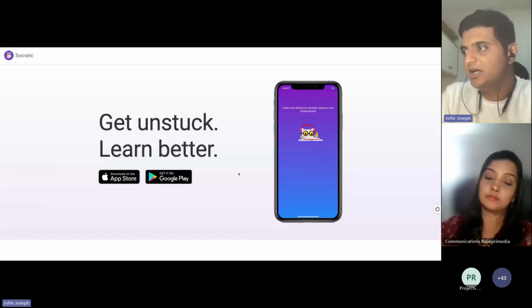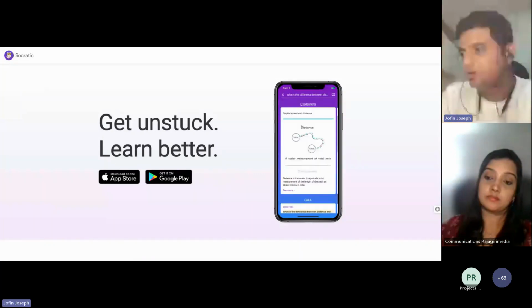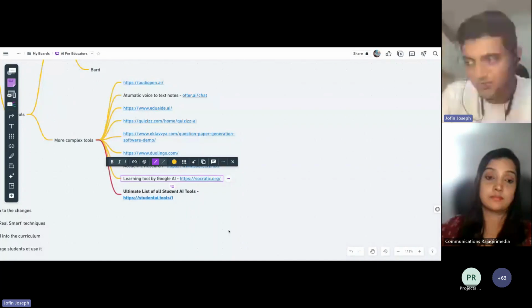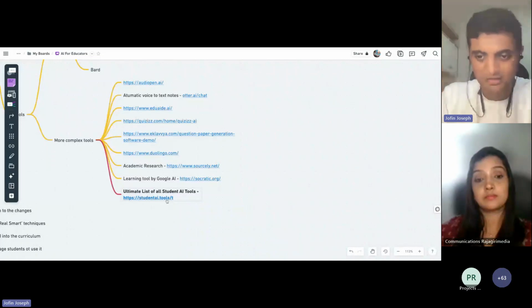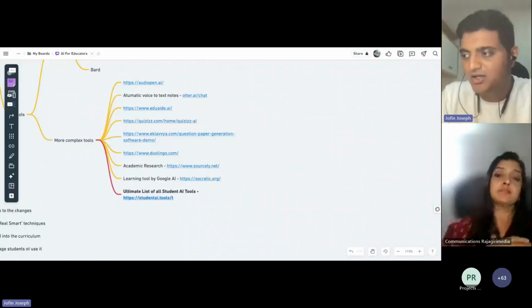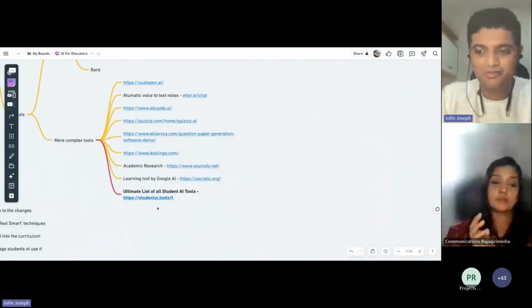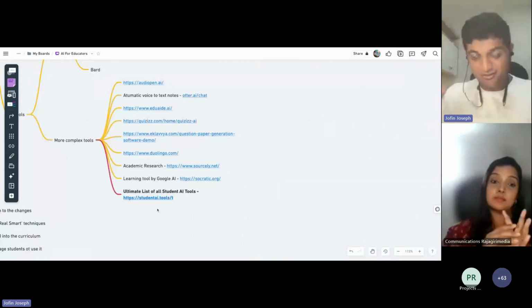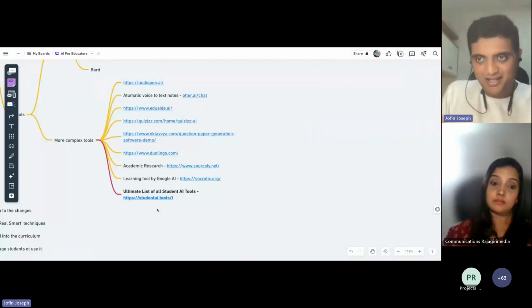And another list here which I found was student AI tools. This is like an amazing list of hundreds of tools like this, right? Which you can use in your regular journey, regular school, or a student can use in their journey as well directly. But I would strongly suggest all of you just visit this particular page and find some tools. You'll be amazed by the number of tools which are available out there, and the kind of things people do with these tools, with AI.